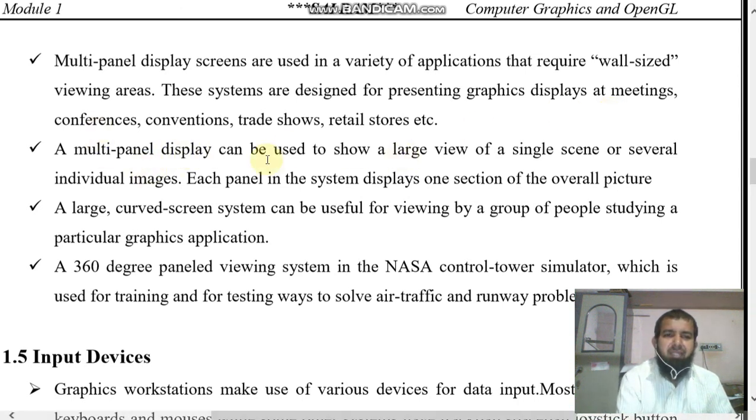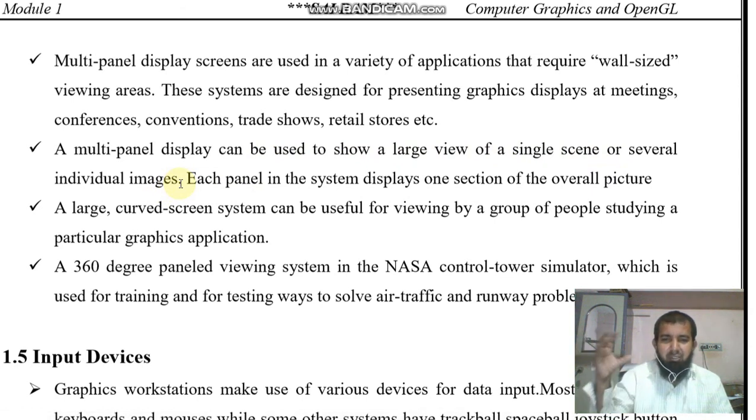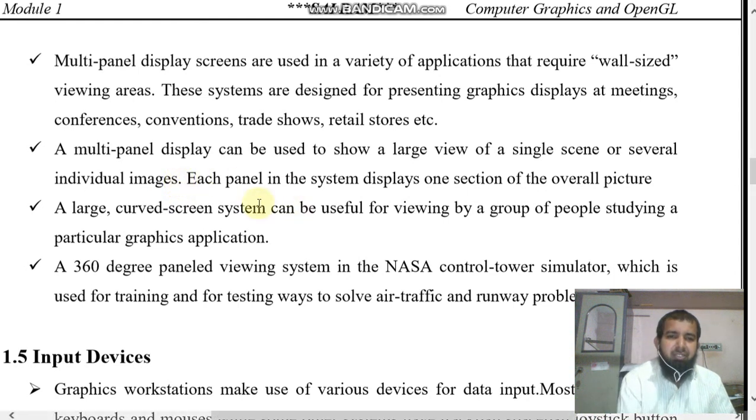A multi-panel display can be used to show a large view of a single scene or several individual images. So you can see a small part, a small object, in a large view, and you can study it in detail. Each panel in the system displays one section of the overall picture.